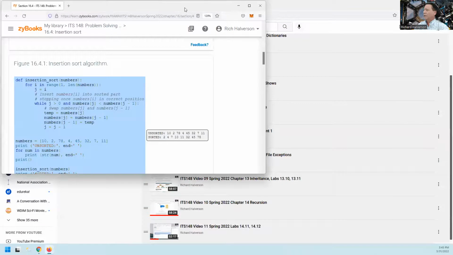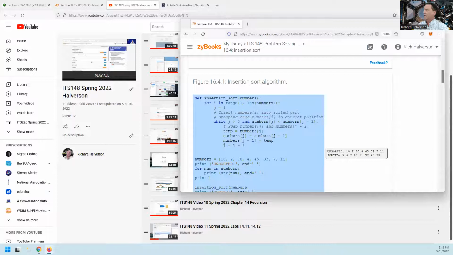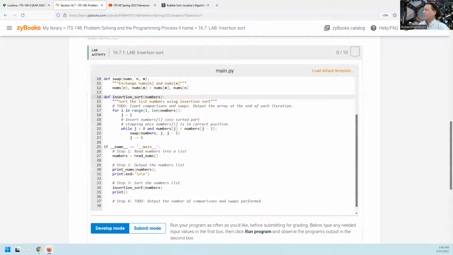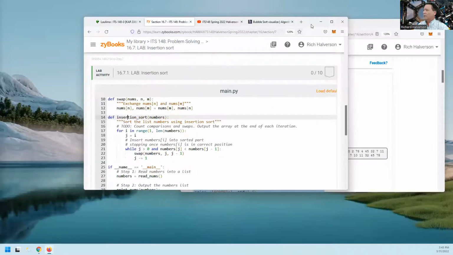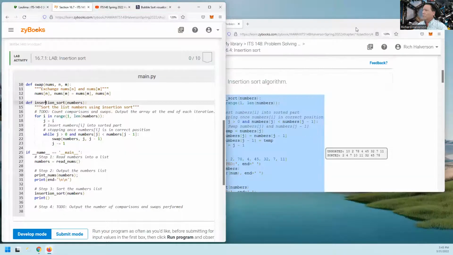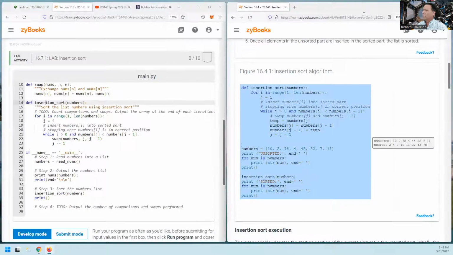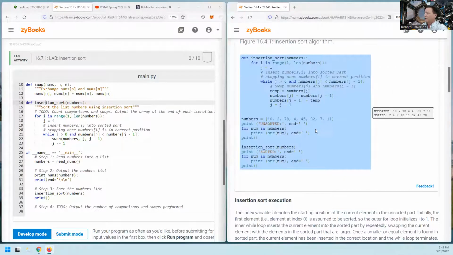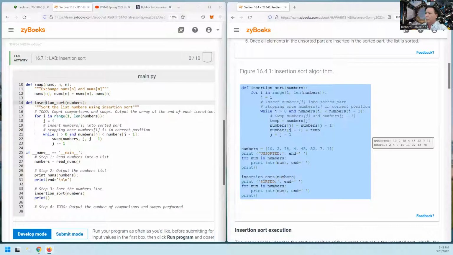So over here, put this back here. There we go. Here's the insertion sort from the book, and here's my code over here. Insertion sort numbers for i in range of the length of numbers, j equals i,